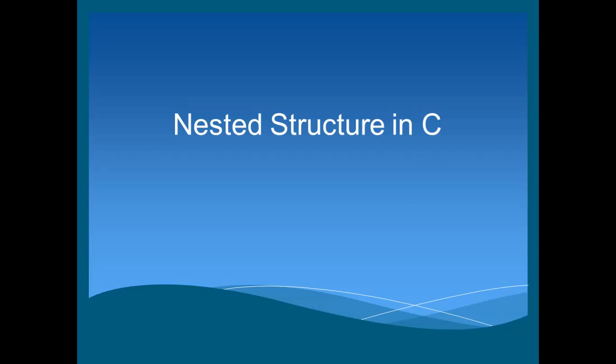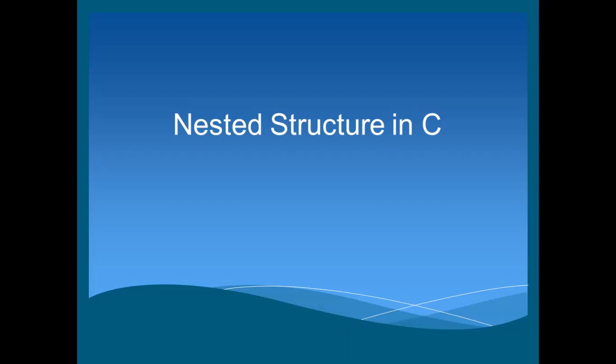In the previous class, we declared one structure with the name student. Struct student, open curly braces, closed curly braces. Within this structure, we write the members: char sname of 30, int rno, and we give the semicolon at the end of the structure.